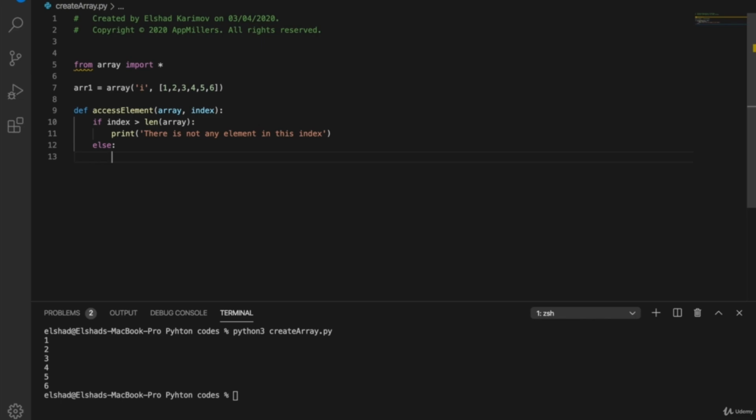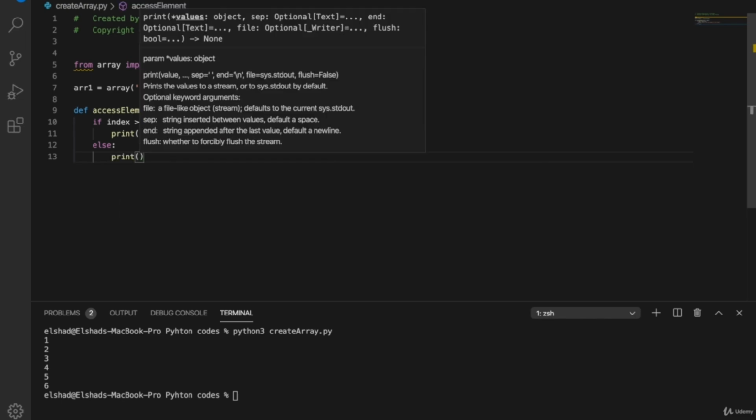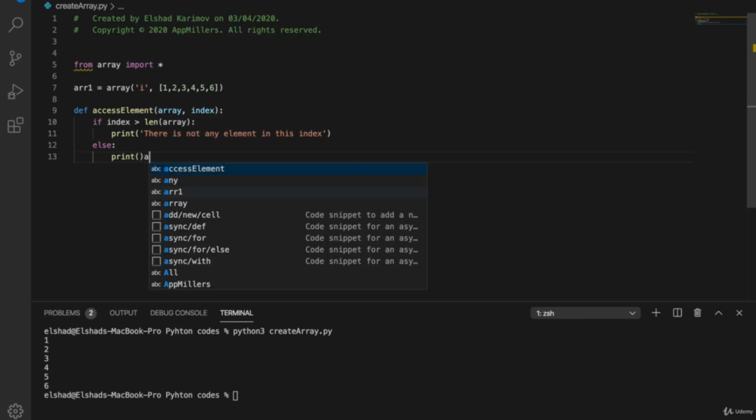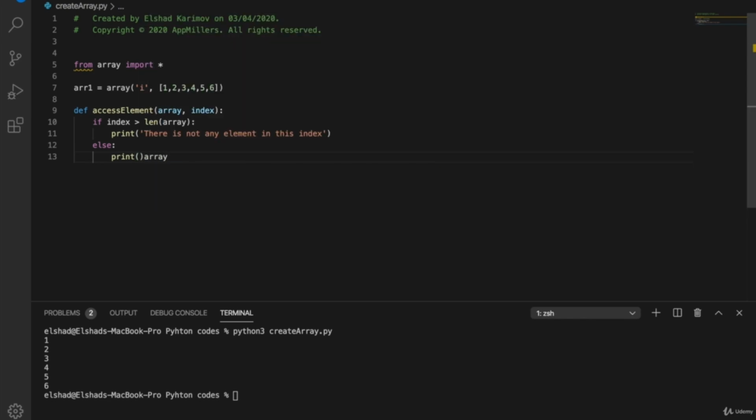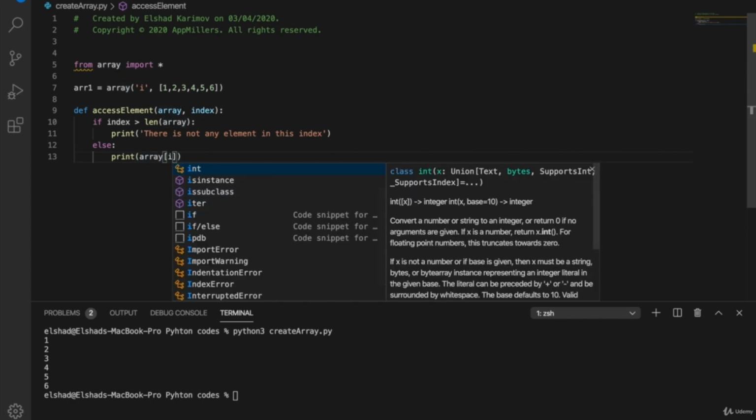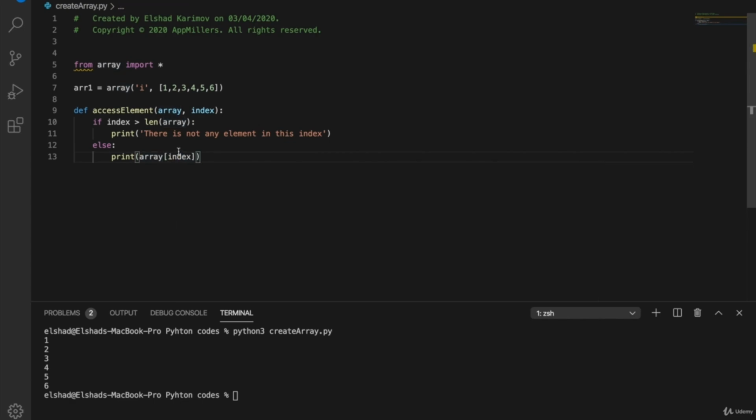So how are we going to do this? We'll use print array name. What's the array name? This is coming from the parameter array. Then we will write index over here. So if we are trying to access an element, we write the array name and the index inside brackets. So if you save this